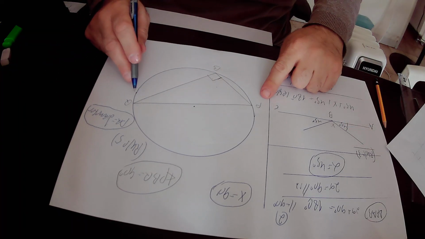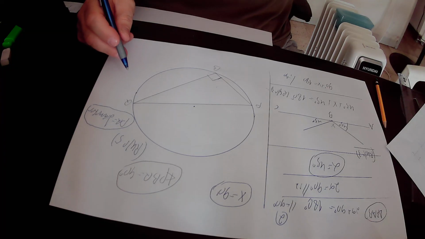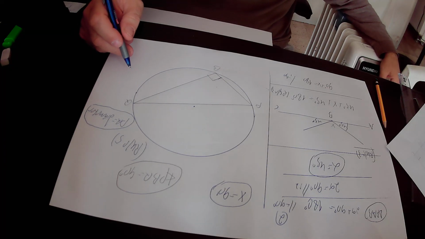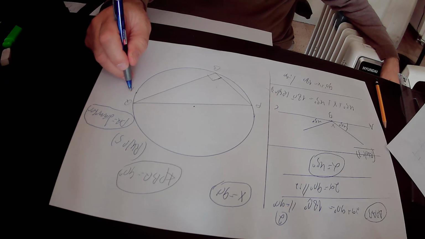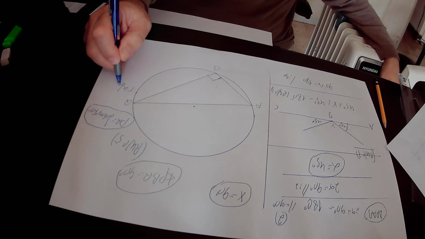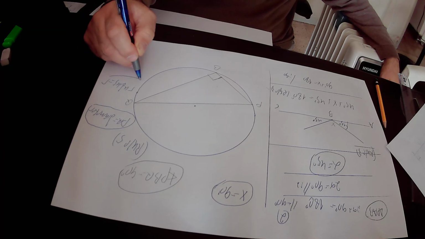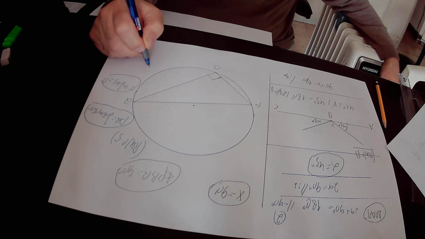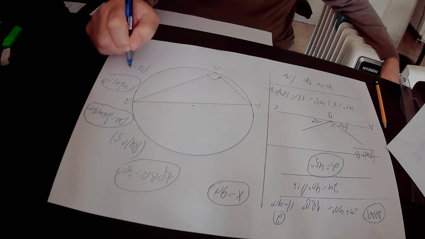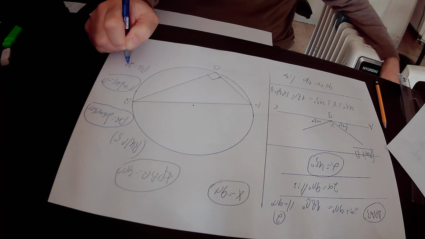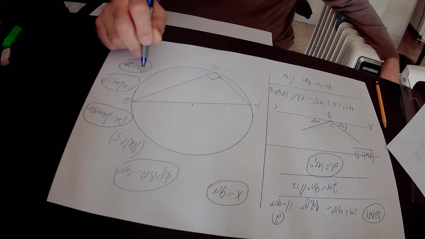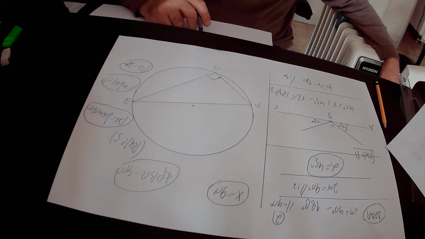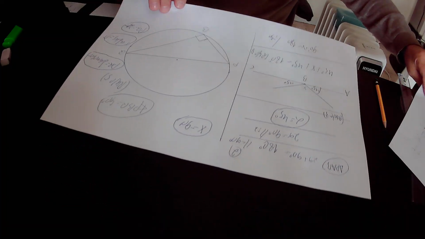This is called PQ, the diameter of the circle. So if we define the radius of this circle as R, then the diameter PQ must be equal to 2R. Okay, so the diameter PQ equals 2R on one side, but from the other side,